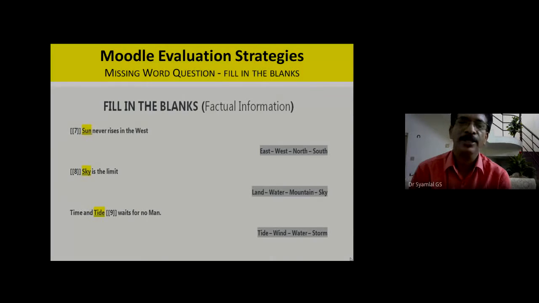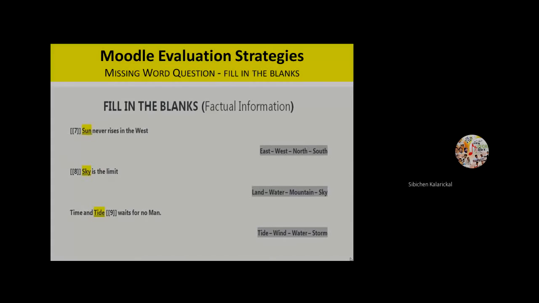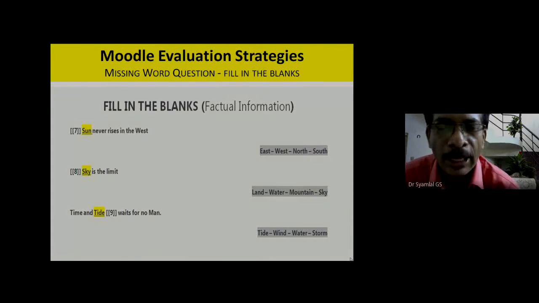Sky is the limit. So the choices should be east, west, north, south. For the question, the bracket comes. I want to tell you a mistake: dear friends, this 7, 8, etc. will not work. Only the last part will work.